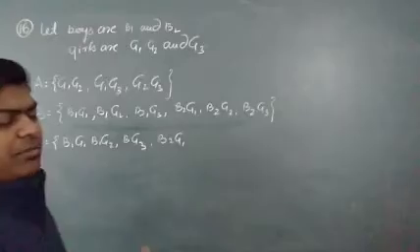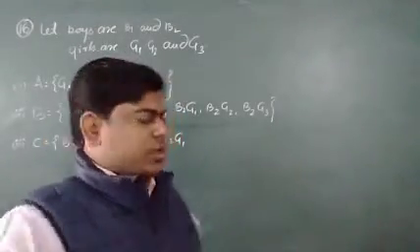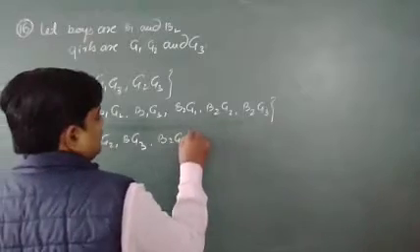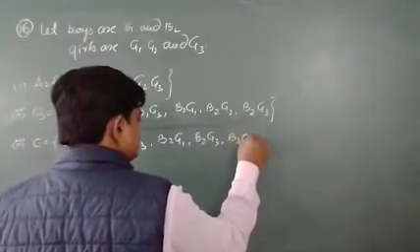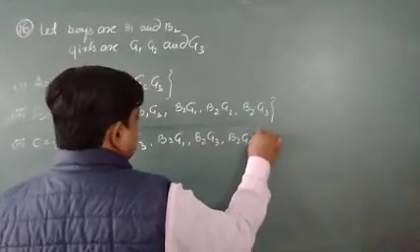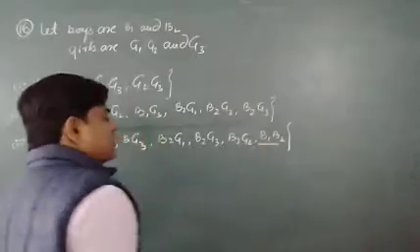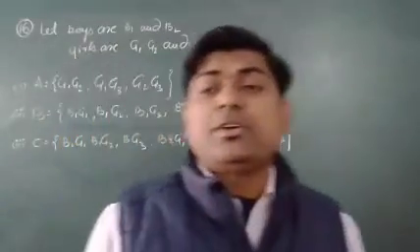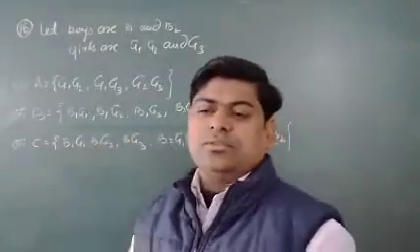So more than one, how many can we take? Only two, because only two boys are there and only two students we have to select. So B2 G1, B2 G3 and B2 G2 also, and the last one is B1 B2. This one is an extra element we have to add, and then that B will convert into C.